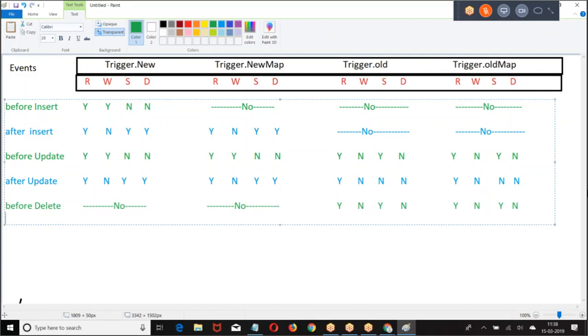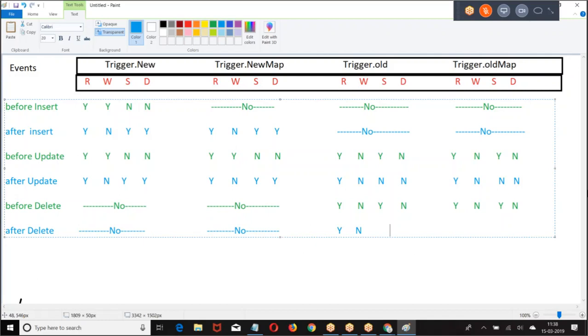The data which you are deleting is the old data. When you are already deleting, what is the use of modifying it? After delete. Right. This is how we got it.